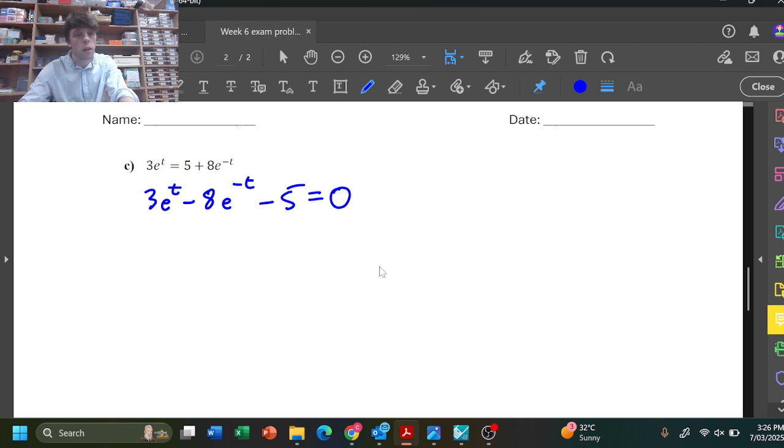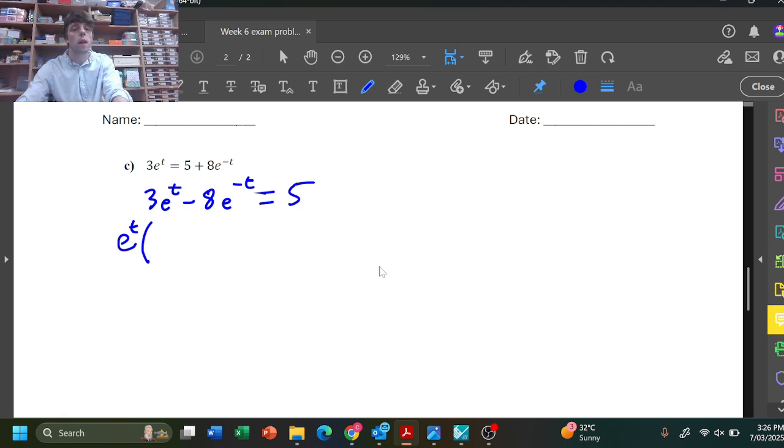All right, so what are we going to do here? In fact, I'll leave the 5 by itself for now. So we'll just leave that over here. So what we can do here is see if we can take out a common factor. Now, this is where things might get a little bit challenging. If we try and take out a common factor of, say, let's say negative t, or let's say t to start off with. If I take out a common factor of e to the power of t, what are we